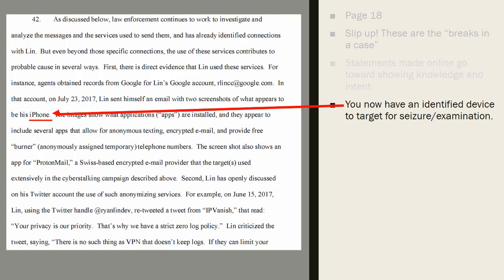Also, because of the Gmail account, what you have is the iPhone, right? So we know he has an iPhone. He could have had any cell phone, smartphone device in the world, but now we narrowed it down to iPhone. We know at least he had an iPhone at the time and he was using it with those apps. So that's what we're going to be targeting. We're going to be ready for an iPhone. We're going to be prepared for an iPhone in the beginning of the case, because eventually our goal is to grab that iPhone and examine it.